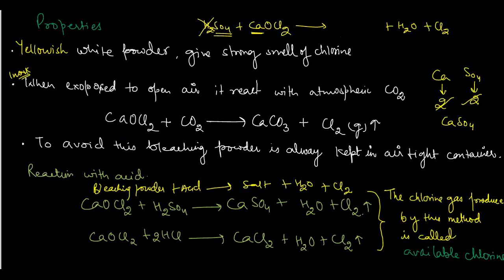Now the other physical properties of bleaching powder: it is a yellowish white powder. So कई बार ये भी पूछ लेता है कि yellowish white powder कौन सा होता है. So you need to memorize this one. Yellowish white powder means, we call it pale yellow. Pale yellow means not 100% yellow like this color. This is not, it is pale yellow. Pale yellow means light yellow, हल्का सा बादामी, जैसे बादामी कलर होता है ना, that is called pale yellow color.